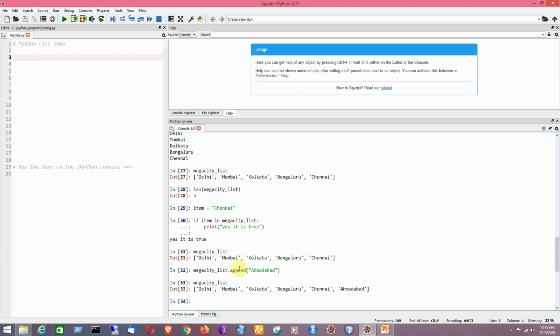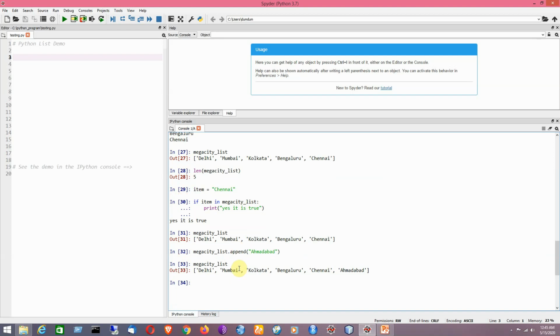Okay, but suppose you would like to add a number of items, here you cannot use the append function. Instead you have to use the function extend. Remember it. So for adding one element at the end of the list, you have to use the append function.